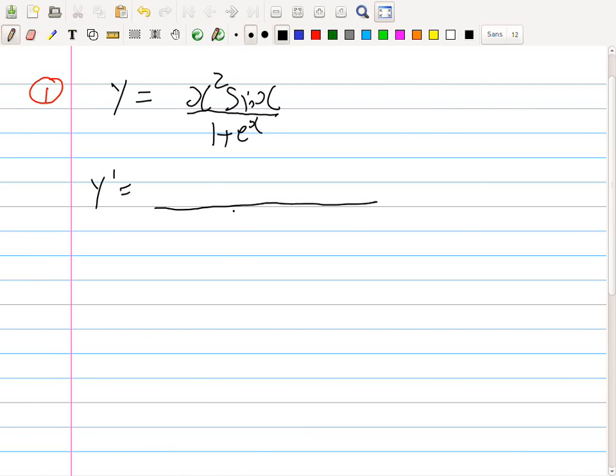Okay. So the first question in section A was for 3 marks, and it was to differentiate a function. You had y equal to x squared sine x over 1 plus e^x. What rules do I need here? Quotient rule and product rule. And which rule should I use first? Quotient rule. So the quotient rule says it's the bottom squared